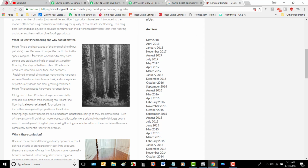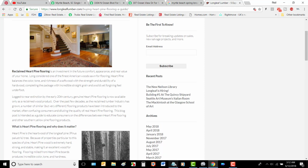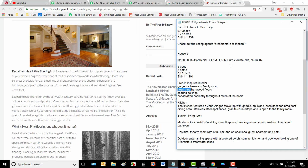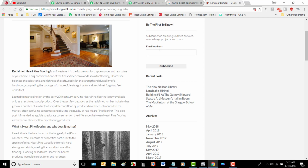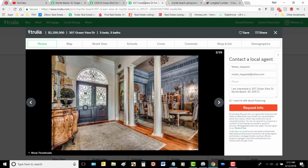And this description here I think is very good. Because of properties particular to this species of pine, heart pine wood is extremely hard, strong, and stable, making it an excellent wood for flooring. Flooring milled from heart pine boards produces incredible color, tone, and hardness. So now we know a little bit about heart pine hardwood floors. So getting back to our home, and you have your Greek columns here,